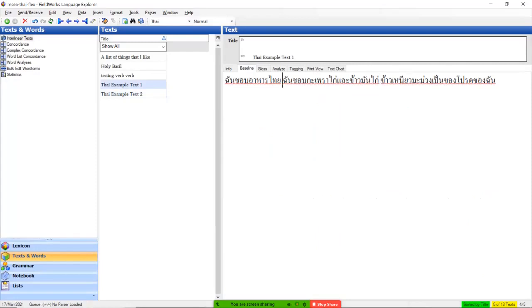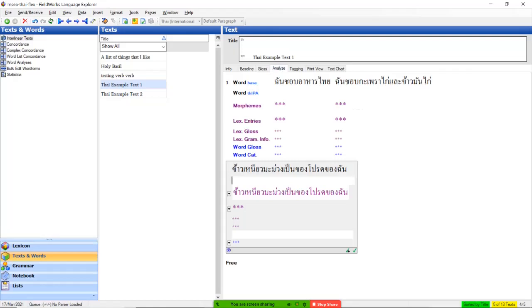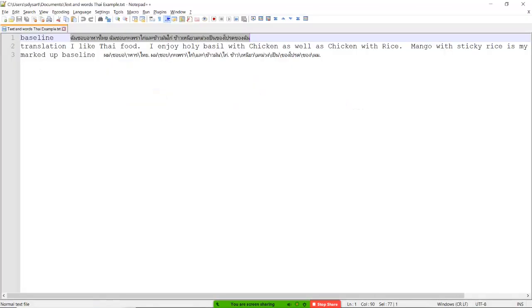Flex itself doesn't know Thai. It doesn't know how Thai breaks words. So if you were going to analyze, it sees three word forms. This one, and this one. And those are actually sentences in Thai. So if you go back to our Text and Words example,